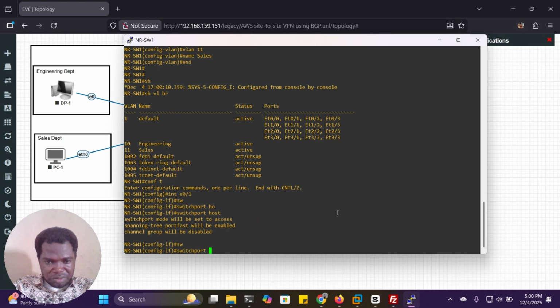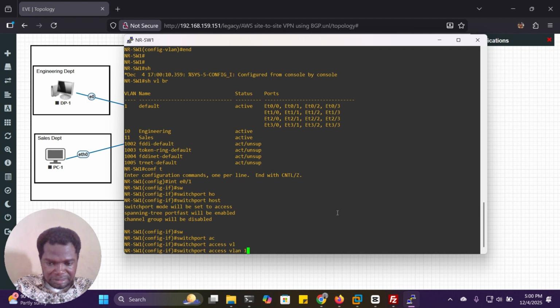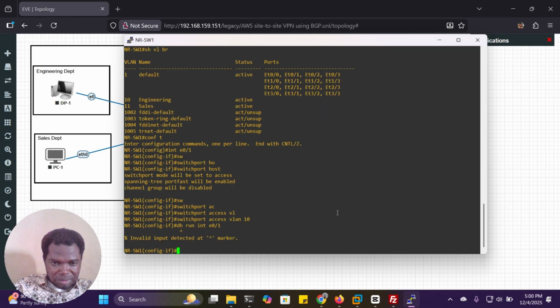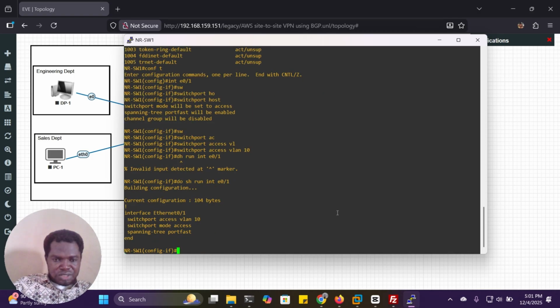Then switch port access VLAN 10. So when we do show run interface E0/1, sorry, do show run, and it's not easy to talk and type. Do show run interface. Okay, so what I did here was make it switch mode access and spanning-tree port fast because it's not connected to a switch, so we don't waste our time.